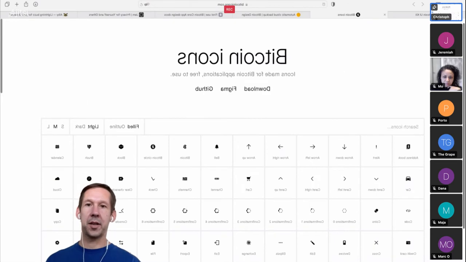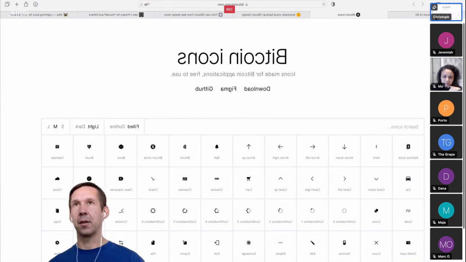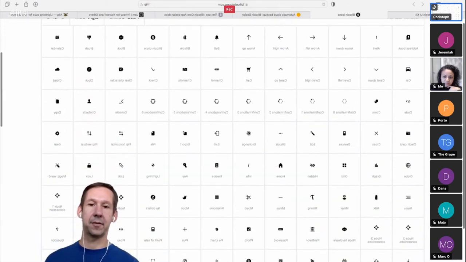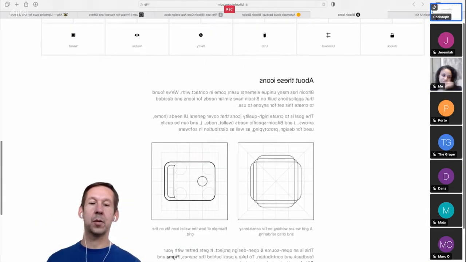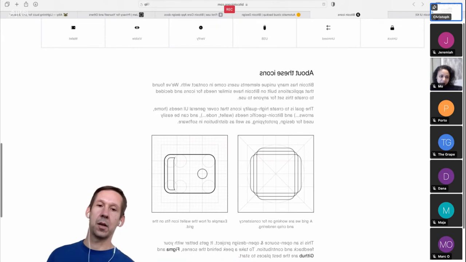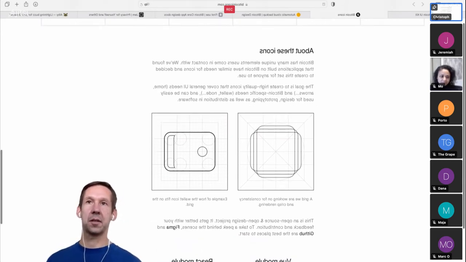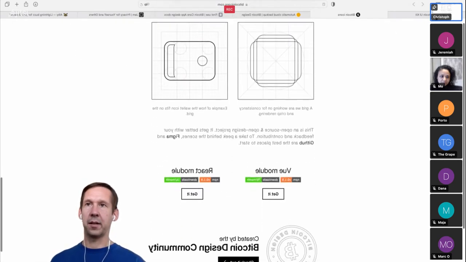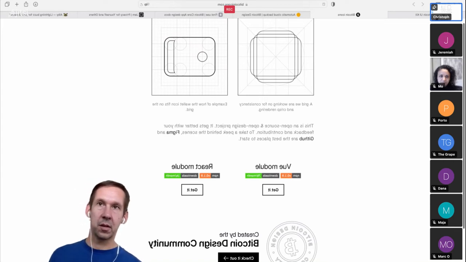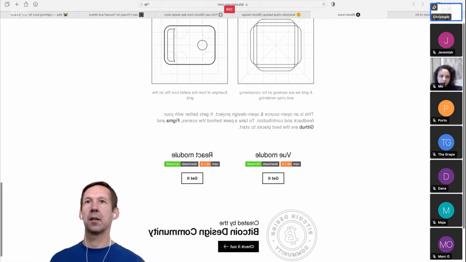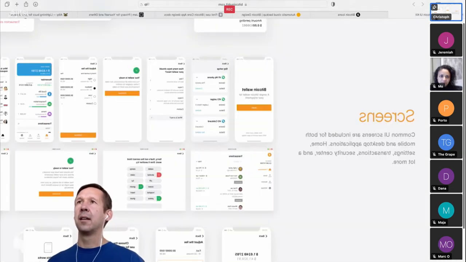There's also a partner project, Bitcoin Icons, which is at bitcoinicons.com. So if you just need icons for your application, there's all kinds of good stuff here. Those are a Figma library and also a code module that you can just pull into your application and work with. Here you can see it looks like the Vue module is downloaded 80 times a month and the React module 1,000 times a month. It's pretty good. I never look at those, but that's a good number. Okay,